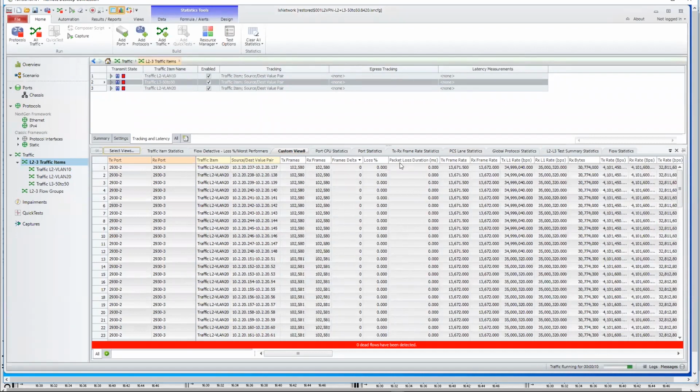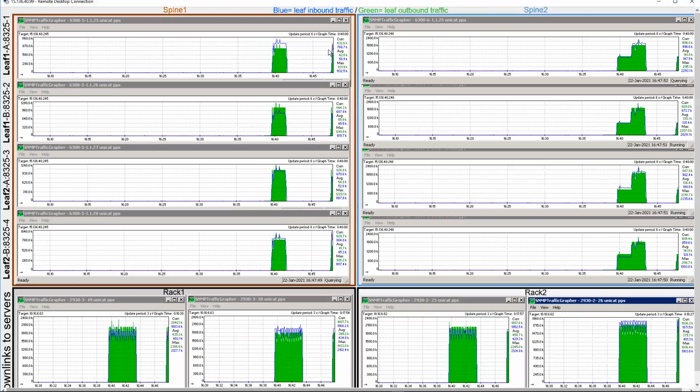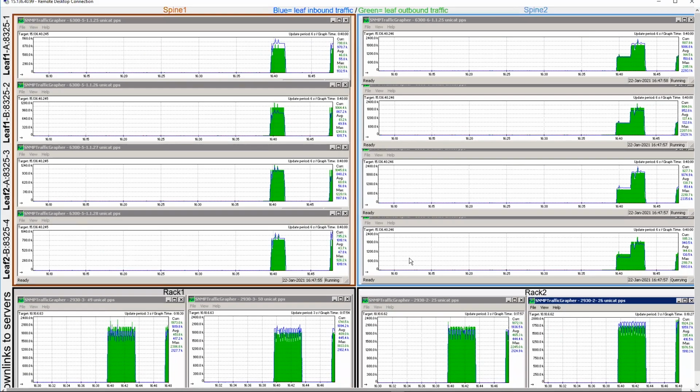Okay, so you see now we are in the nominal situation. Let's take a look at the traffic distribution over the fabric. You see a pretty good distribution, 1 million packets per second on all those circuits.